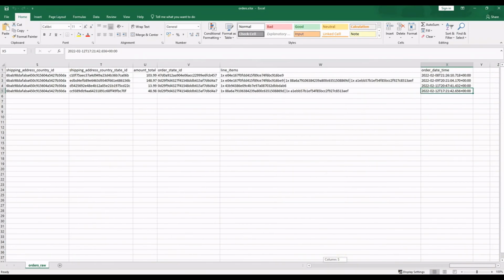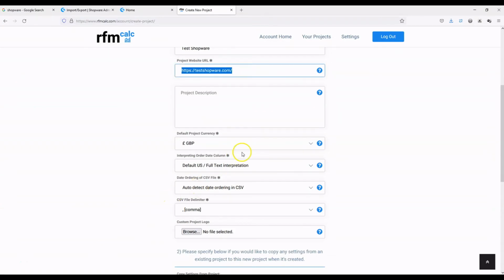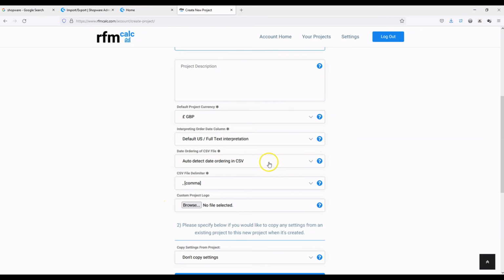You can see here, it's clear it's in the US format, but our system will interpret that fine. So that will interpret as the 9th of February, not the 2nd of September, because the year's first. So that's absolutely fine to leave. The date ordering, as I mentioned, orders run oldest to newest in the Shopware export, but the auto detect is